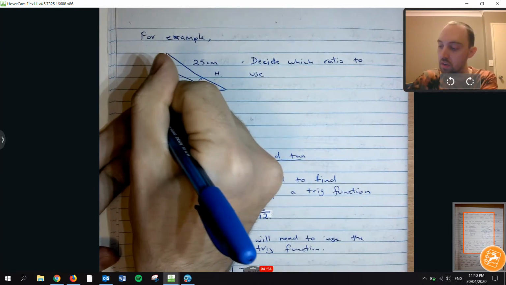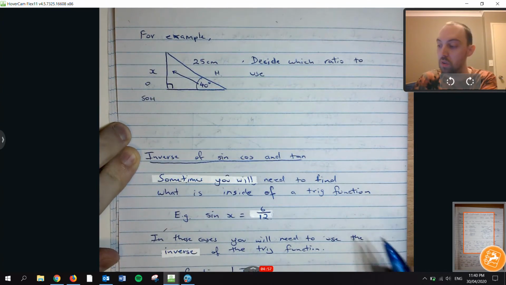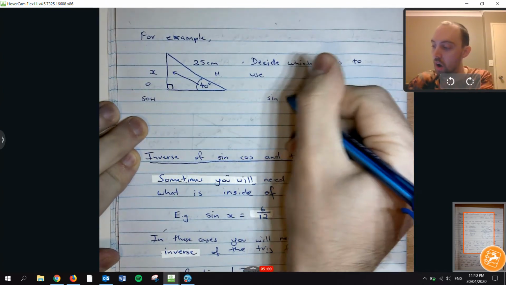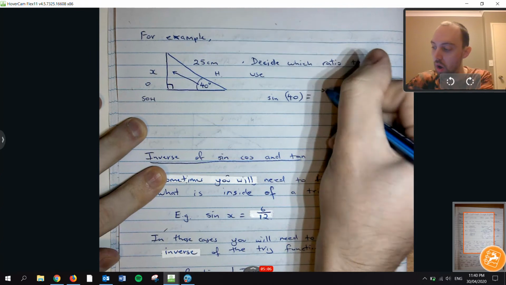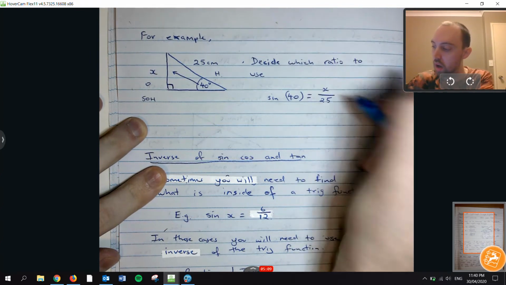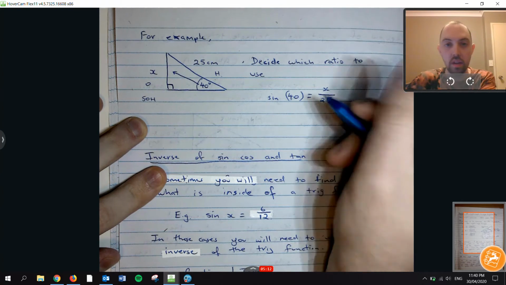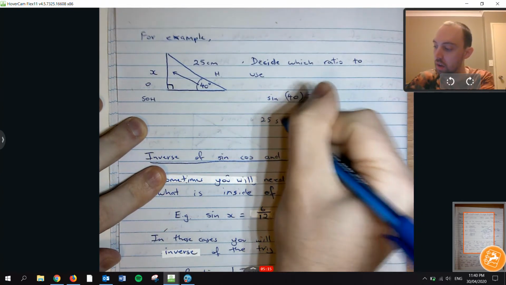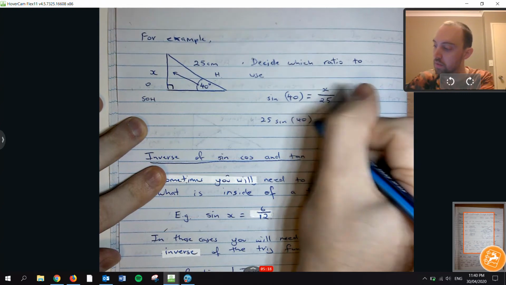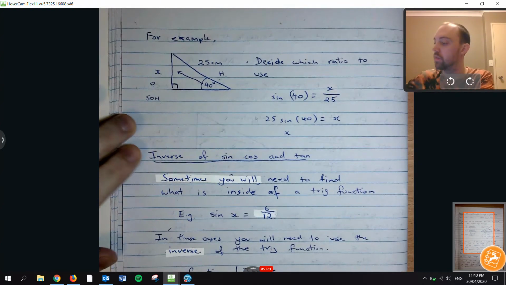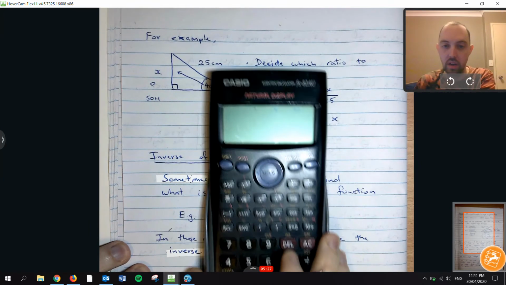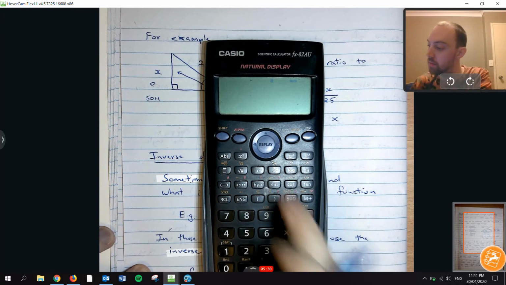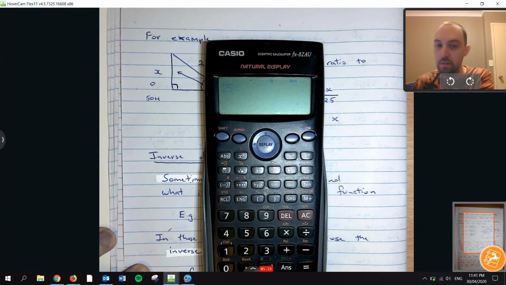OH is SOH, so we're using sine. Sine of 40 degrees is equal to opposite over hypotenuse. And then you just need to quickly rearrange. So multiplying both sides by 25, and you get x by itself. Go to your calculator. So we're going to do 25 times the sine of 40